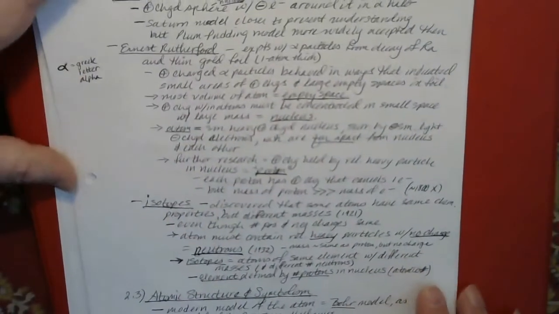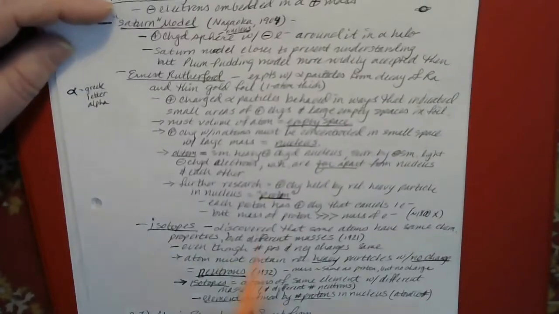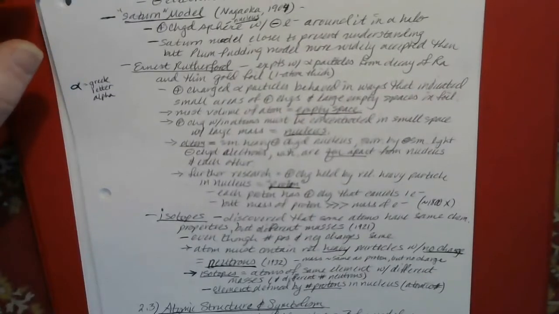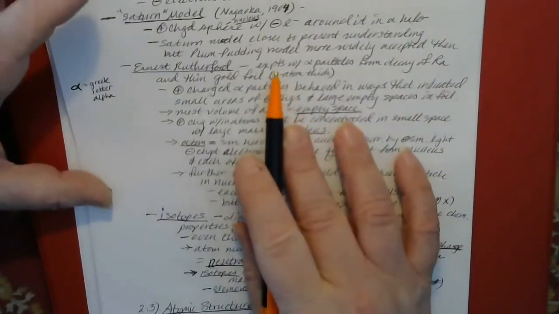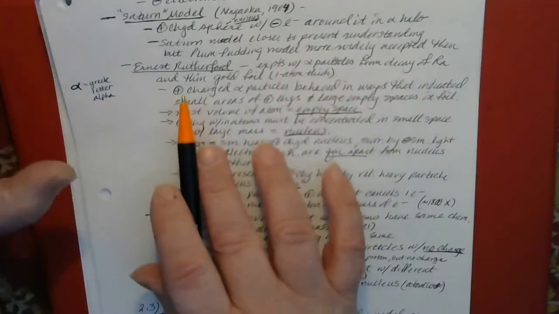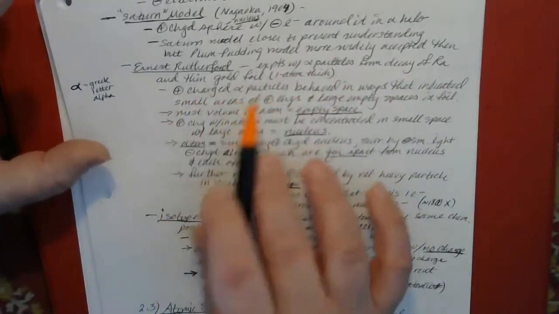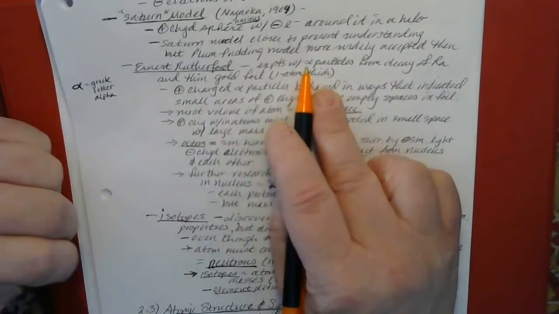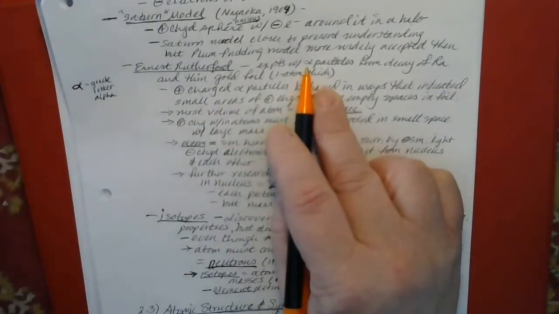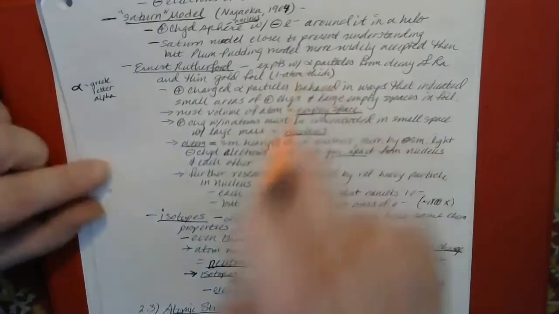But they're getting closer. A big development came a few years later when Ernest Rutherford did what's known as the gold foil experiments. He basically took alpha particles from the decay of radium and shot them at a thin gold foil. That right there is the lowercase Greek letter alpha, at least the way it looks when I write it.